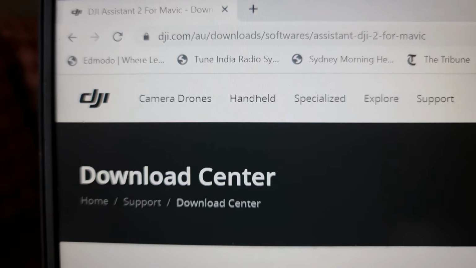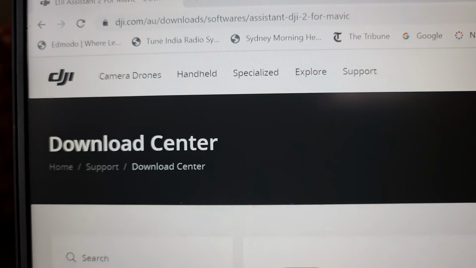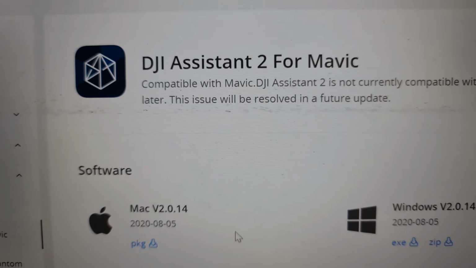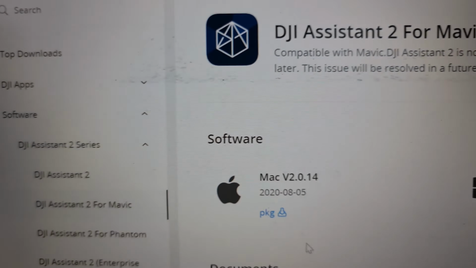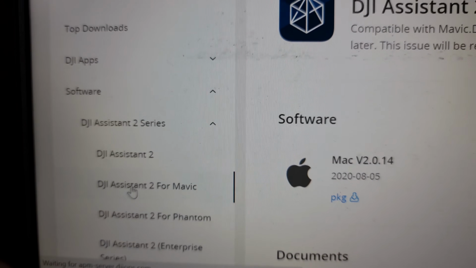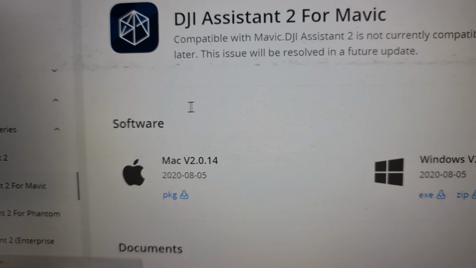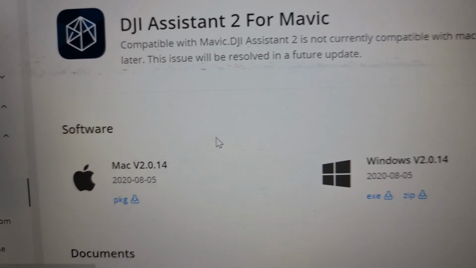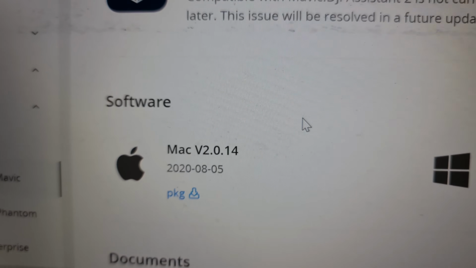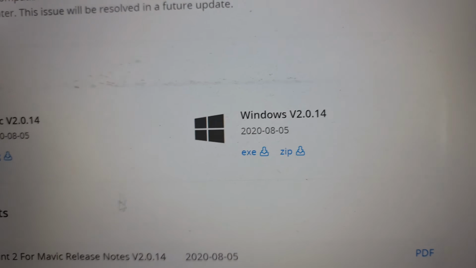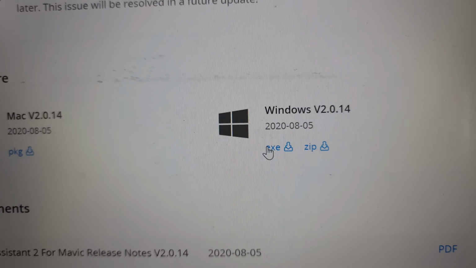So what you need to do is go to dji.com.au and then go to the download center, and look for the DJI Assistant 2 for Mavic. If you don't have any option, you can select from here. So DJI on the left side, and there are two software: one is for Apple products and the other is for your normal Windows one. So I am downloading the Windows file,